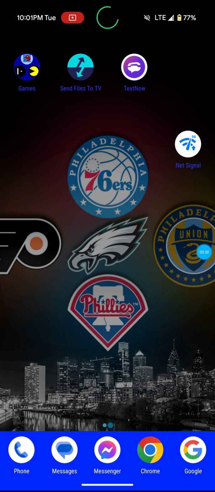As you guys can see here to the right of my screen, I have a new app called Net Signal. It's a really nicely laid out app. It's a very well made app. And what this app allows you to do is, actually, before I go any further, I will say